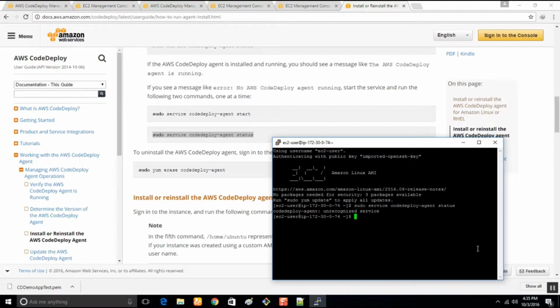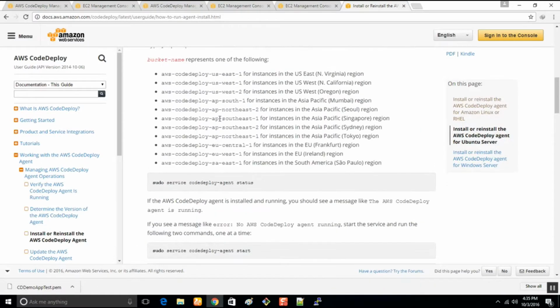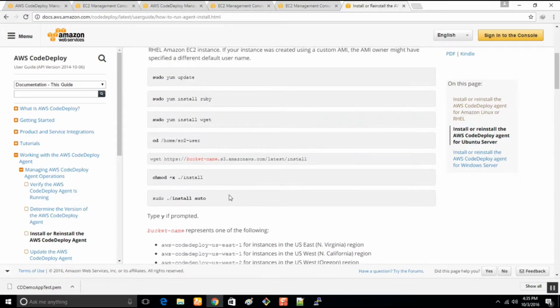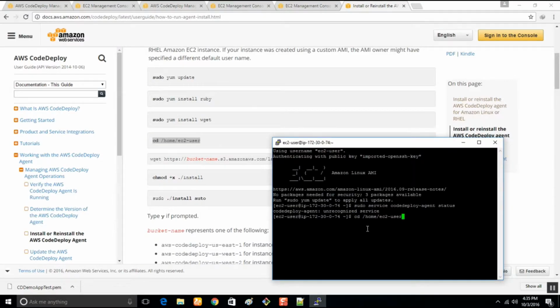Now let's move to this folder and try to find whether anything is there or not. ls. Nothing is there, so the script didn't execute well.